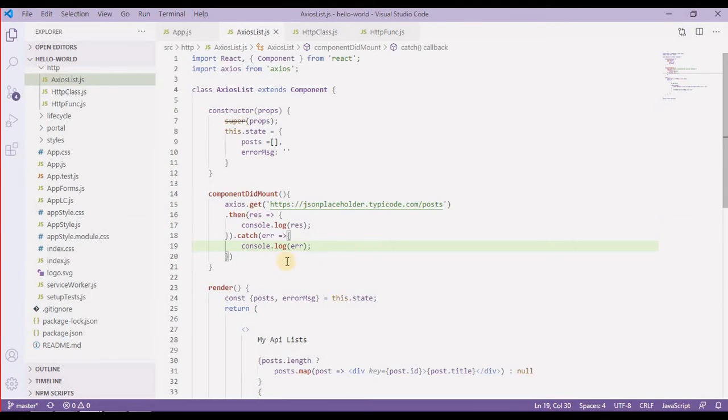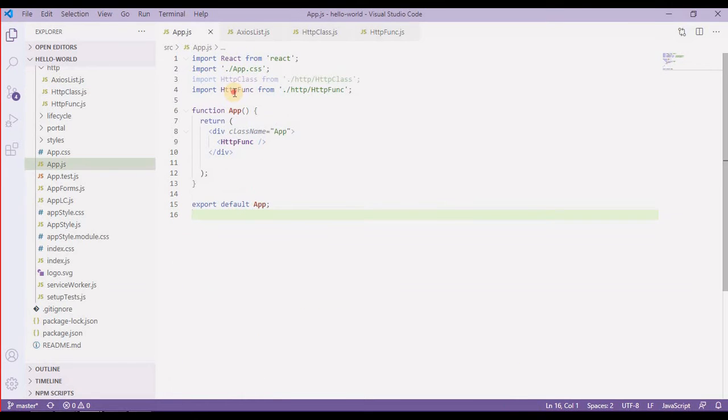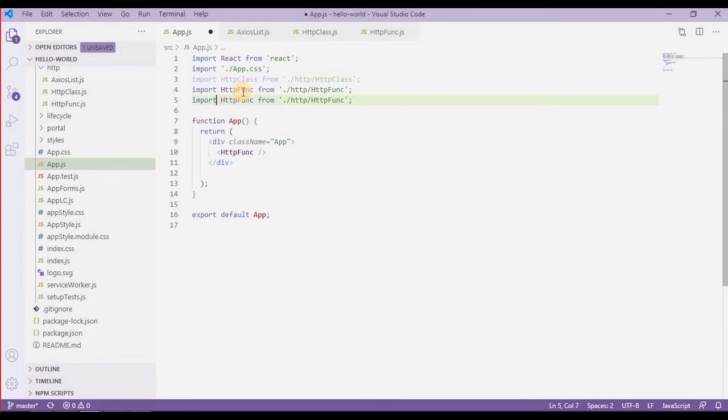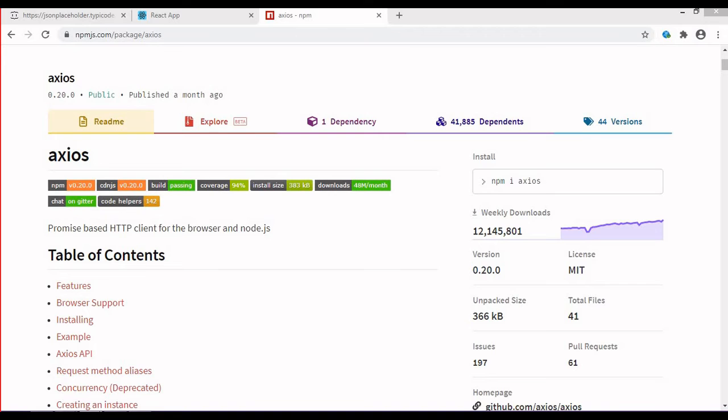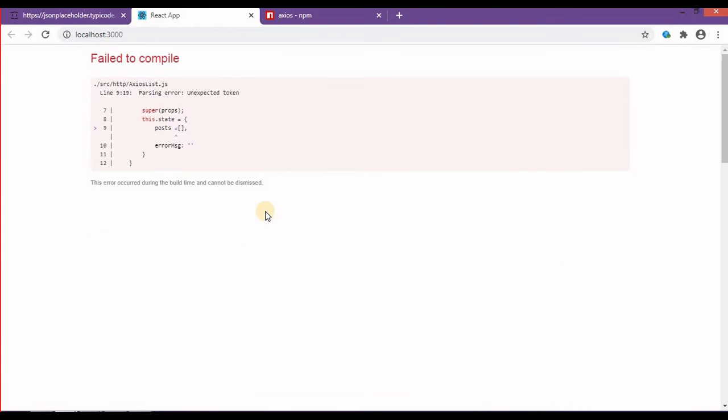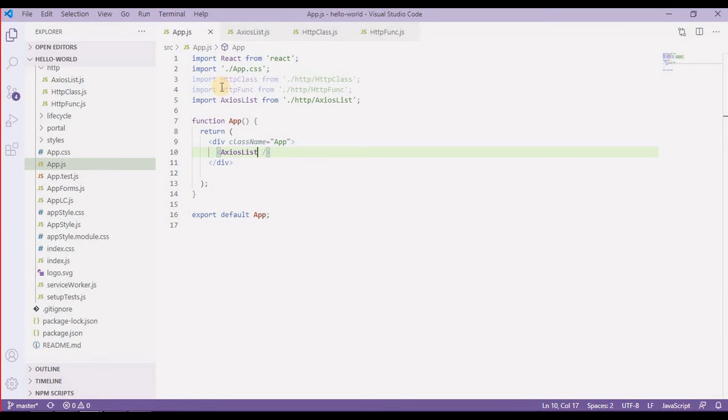Alright, now I am going to check this response. What is the response right now? I'm going to take this class name and paste it over here. Now let's go back to our browser and see the result. Okay, so we should not use an equal sign in our state, so let me correct that.